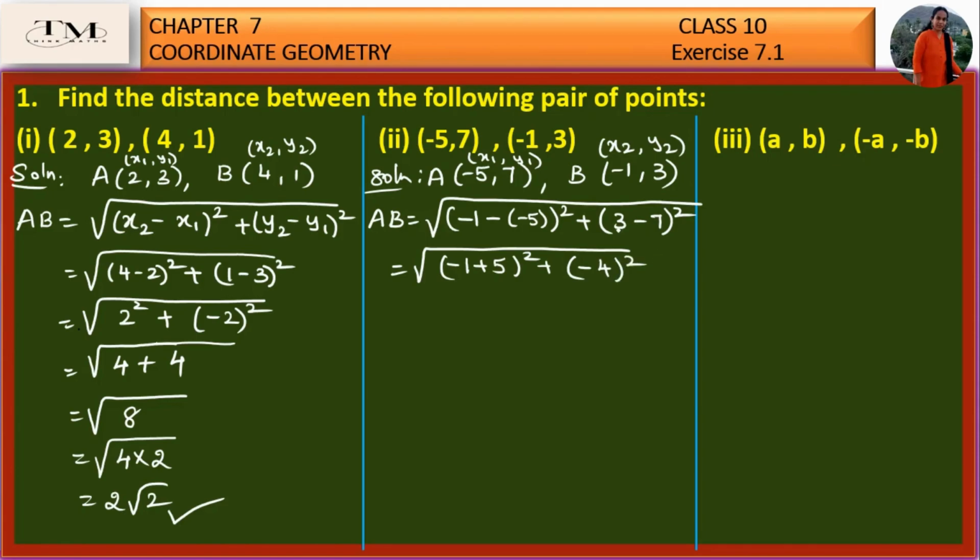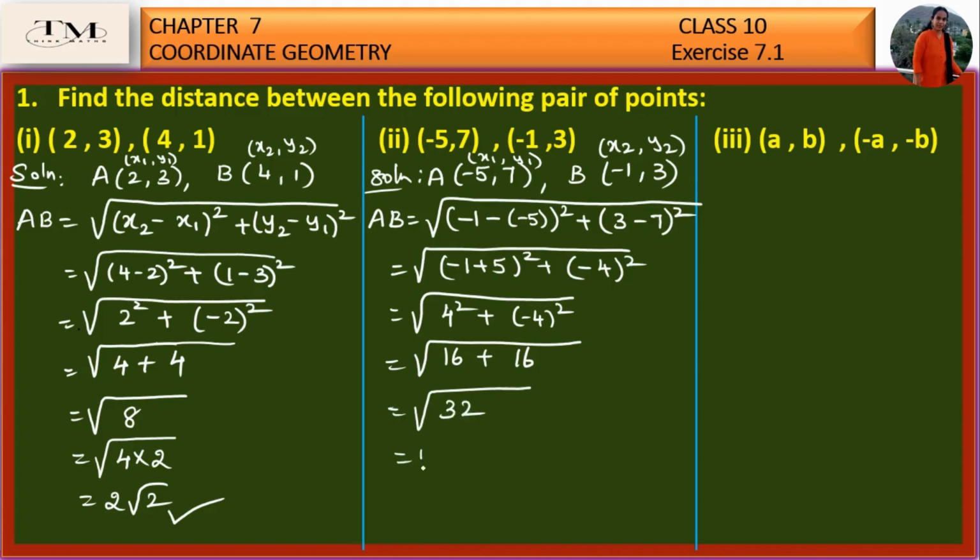Because the difference between 3 and 7 is 4 and the negative sign is for the bigger number, we get the answer in negative. So minus 1 plus 5 is nothing but 5 minus 1. So 5 minus 1 is 4 square plus minus 4 whole square. 4 square is 16, minus 4 whole square is also 16 because minus square is always positive. So 16 plus 16 is